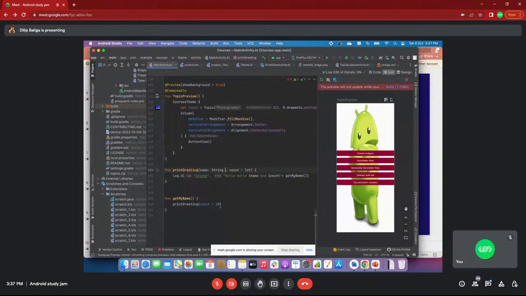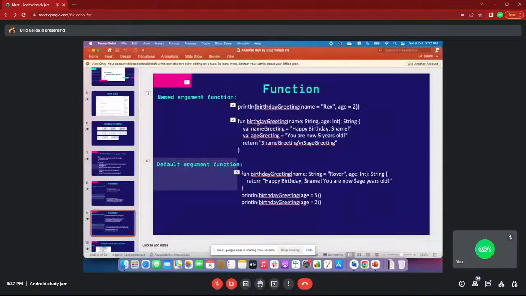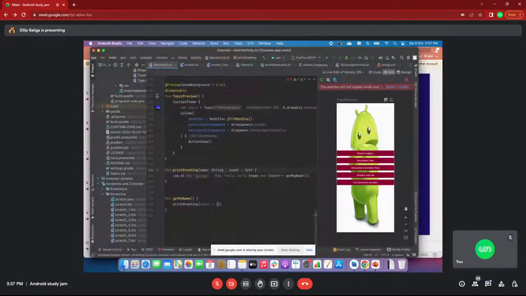Now you can ask what is the advantage of a named argument. I'll give a named argument example and tell the advantage. See here, this is the function and this is where you are calling that function. The first argument is name, the second argument is count. Now I'll specify count equal to 10 first and name equal to Dilip next.